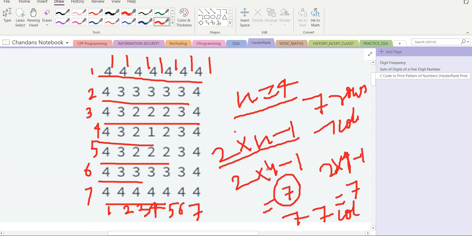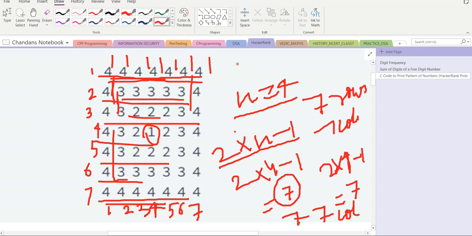So for n equal to 4, we are getting 7 rows and 7 columns, and we are getting it in a concentric way. 4 is showing on this side, first row, then first column, then last row, then last column, like that. 3 also starts like this: this one is the first row, printing up to here, then 3 up to here, then 2 likewise, 1 up to its ending.